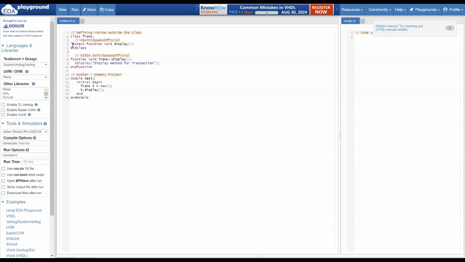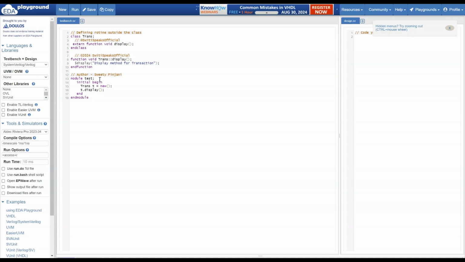Here we have said extern, which means I am going to define the body outside the class. Here I am using the class name and scope resolution operator before the name of the routine, so that we are sure for which class the routine is being defined, because it is outside the scope of the class.